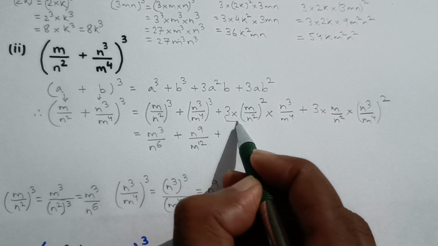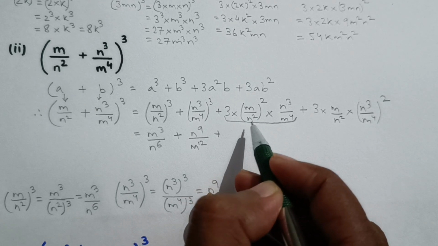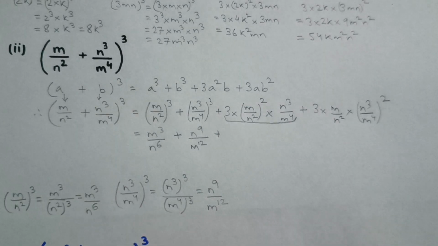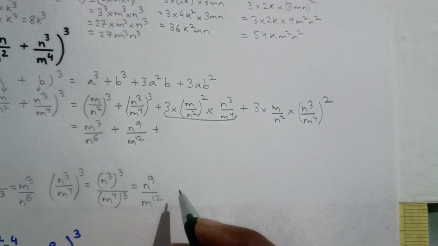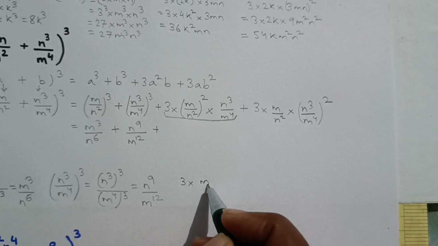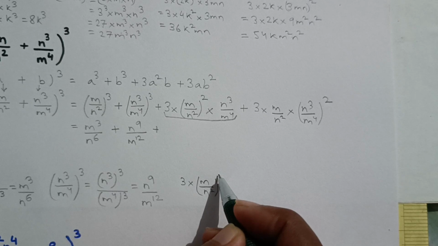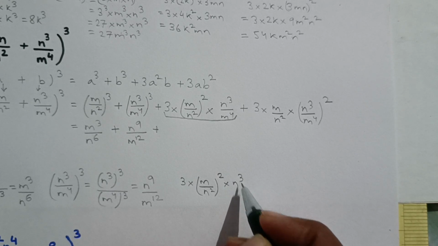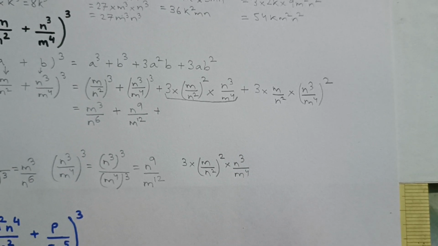Now we have to solve this expression: 3 into (m upon n square) whole square into n cube upon m to the power 4. So how much is that? So we will do it over here. So 3 into (m upon n square) whole square into n cube upon m to the power 4. So that will be